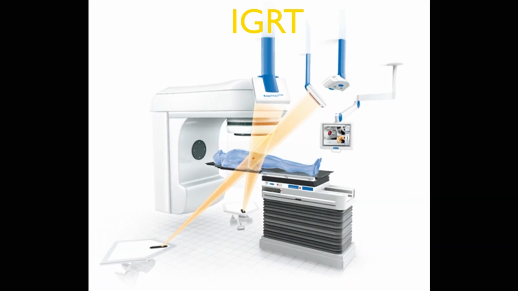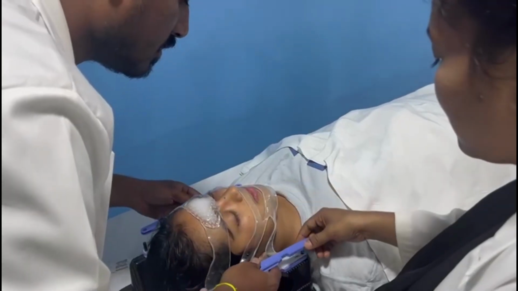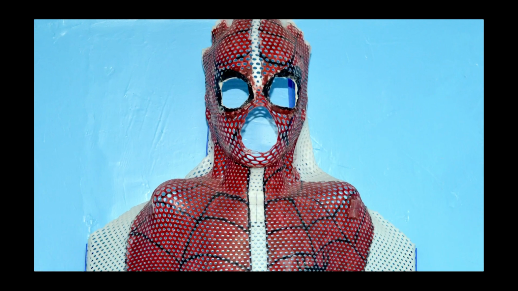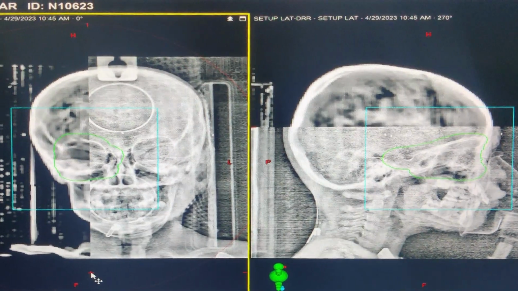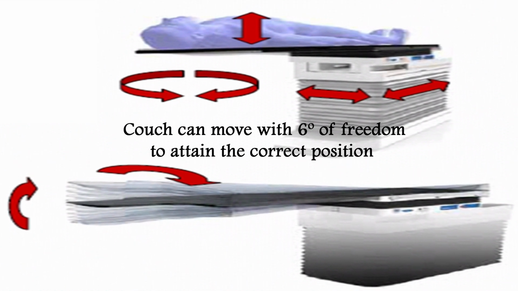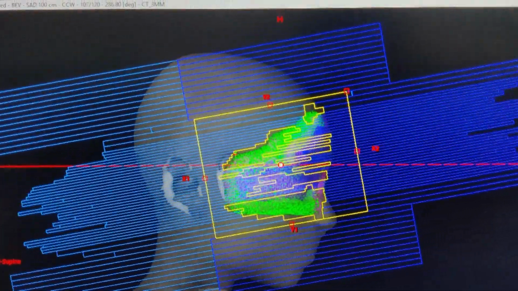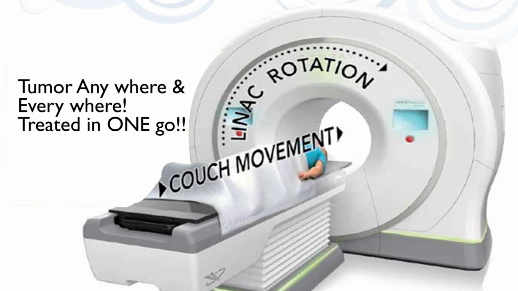Image-guided RT or IGRT workflow includes preparing a face mask from a thermoplastic tissue equivalent material. This is to manifest the superpower of our patients. Positioning with mask and infrared positioning. Verification with X-ray CT scan for the anatomical matching of tumor. Correction with 6D robotic couch. Snap verification at every couch angle. And finally, the treatment delivery. Tomotherapy works on the principle of IMRT and delivers radiation by rotating around the body, aiming target beams at tumors